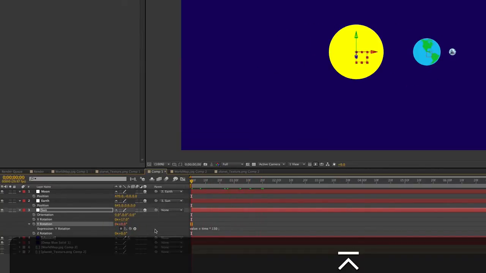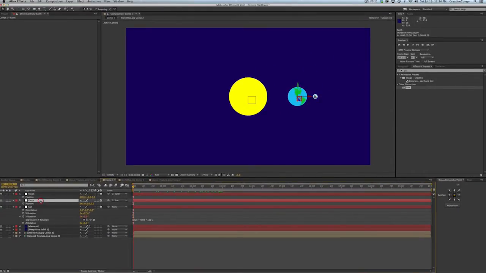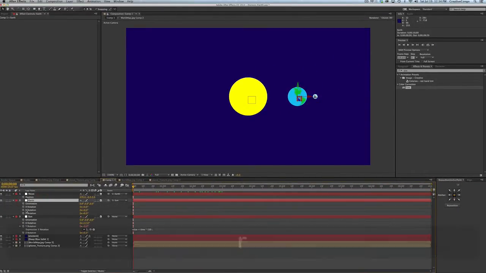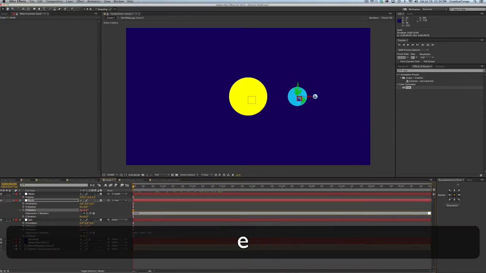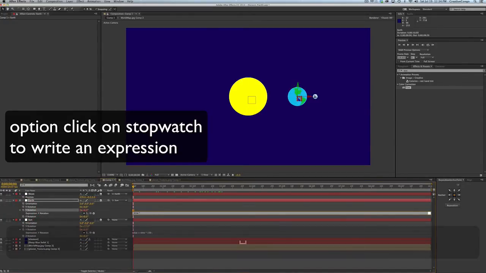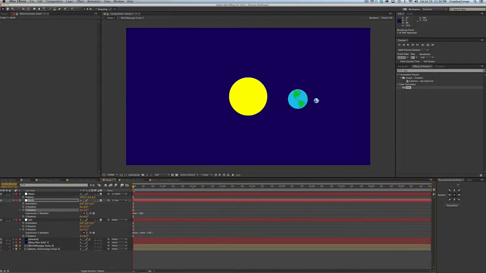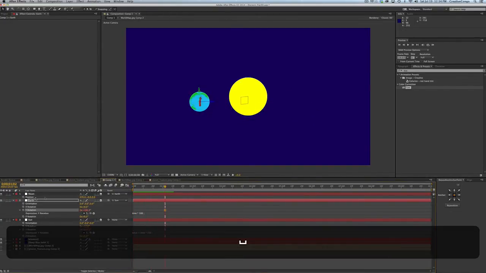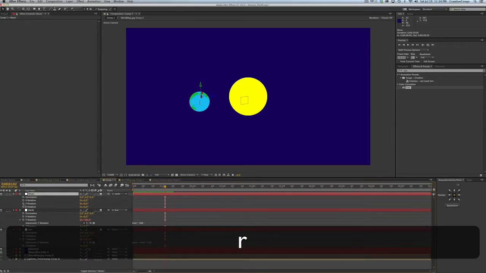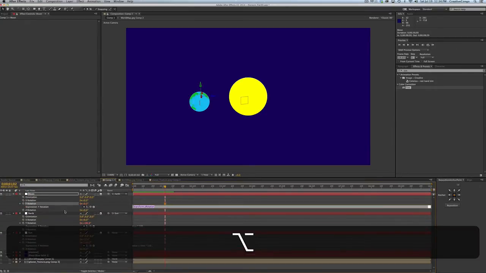I'm going to take this back to 0 for just a second. Go to my Earth, rotate, and I'll make that time times, let's say 100. I'm putting the semicolon, you don't have to. And now the Earth is spinning and the moon's spinning around the sun. The moon's spinning around the Earth, so that's good. And then I actually want my moon to spin on its own. So I'll times,